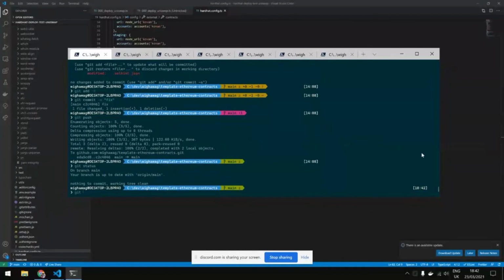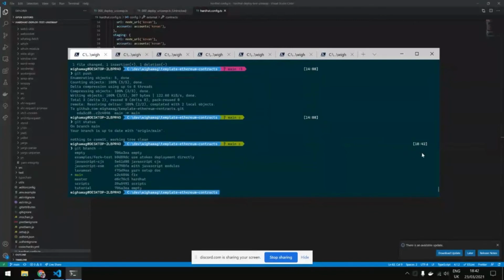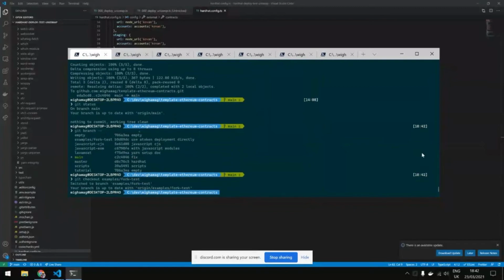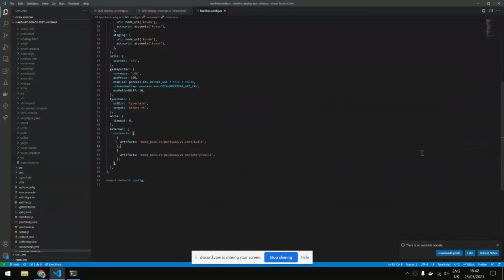So I have a few branches showcasing different things. So yeah, the example. Actually, I have only one right now, but so this one is an example of, going to open.